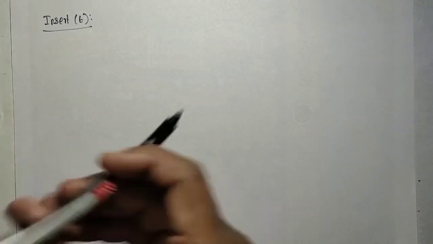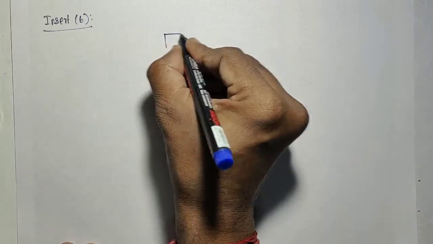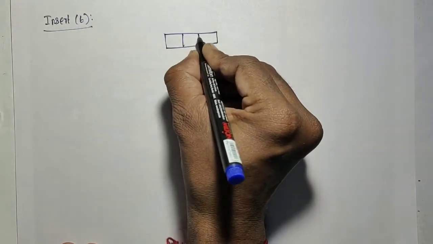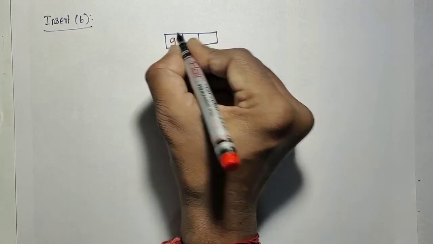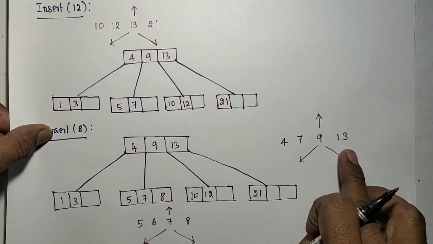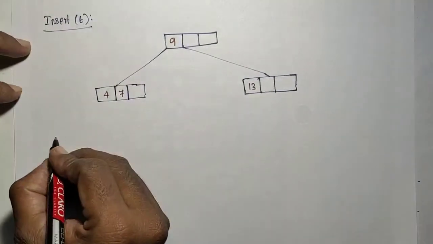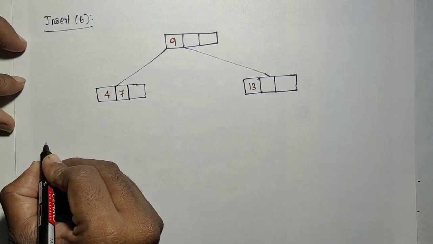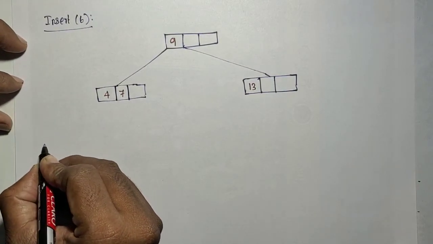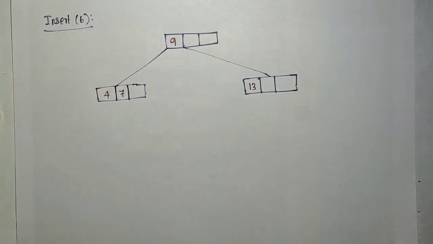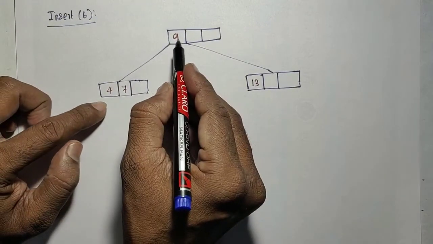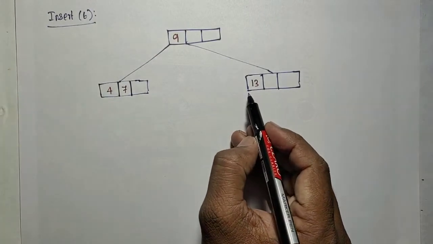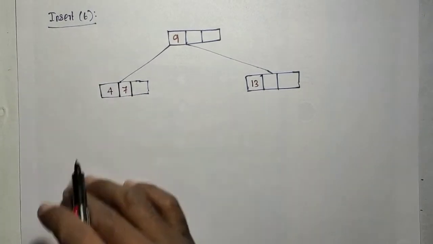So these things are going to be applied here. First we will come to this 9. This is the root. In this, only 9 is going to be stored. So the left of the 9 is 4, 7, right is 13. The left of the 9, 4, 7 is stored like this, and right of the 9, 13 is stored like this. Okay, so next I need to fill the next level nodes.